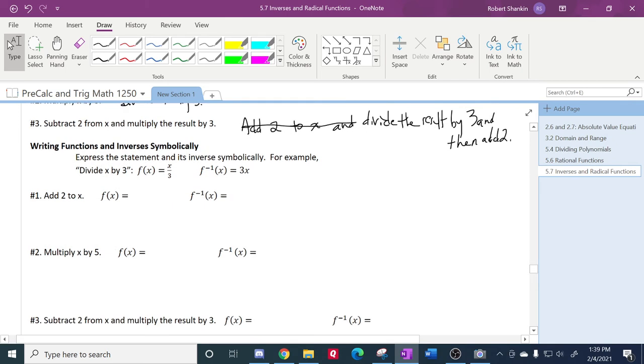Writing functions and inverses symbolically. Express the statement and its inverse symbolically. For example, divide x by 3 becomes f of x equals x divided by 3. And then the inverse. Now this, when you see -1,